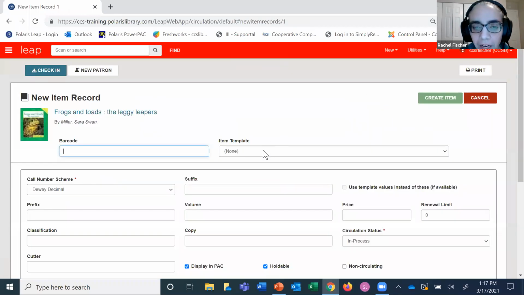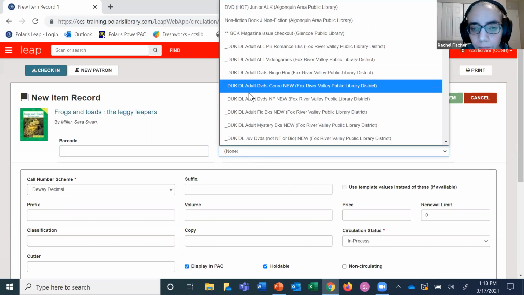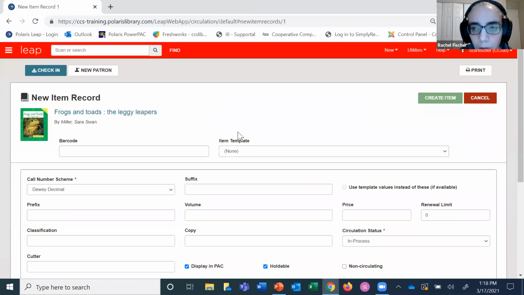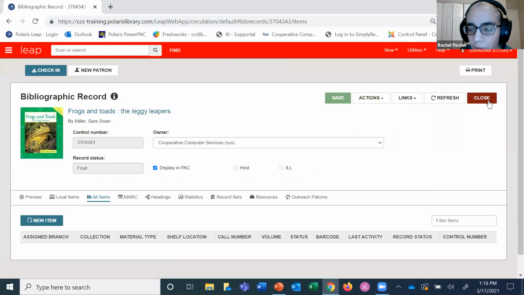When you do create an item, it's very easy to do so by using the item template from this drop-down menu right here. And that way you can create an item without filling out the individual text boxes one at a time. So I'm going to also demonstrate here